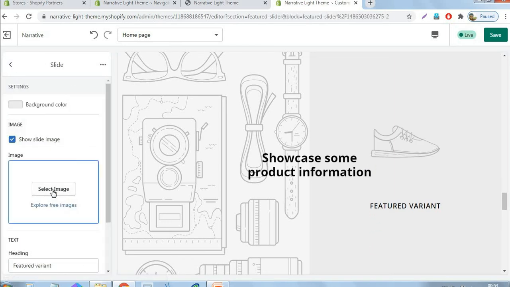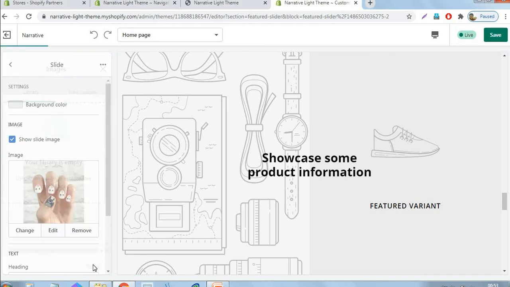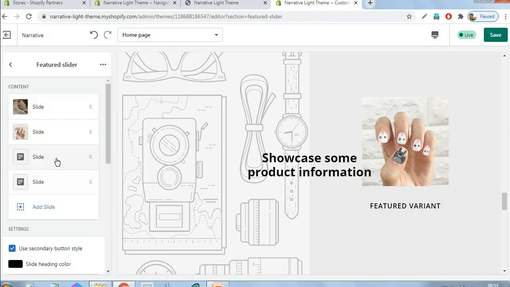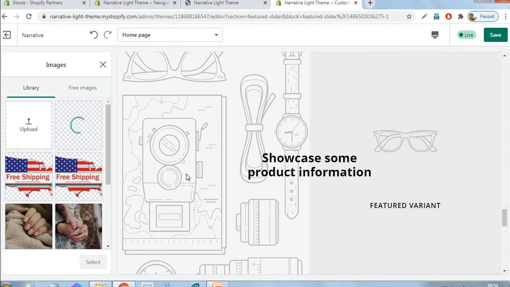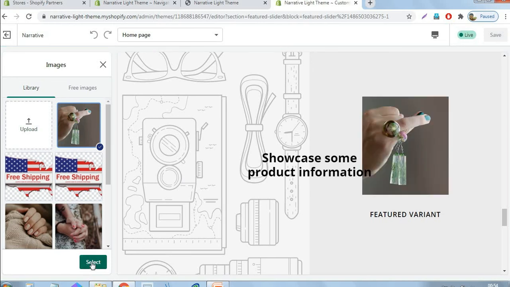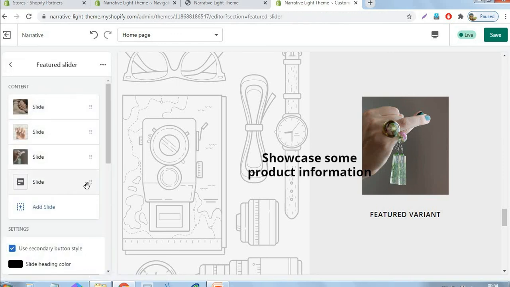Then you choose the second one, then the third one, then just select. Okay, three slides are enough, so I just remove this last one.